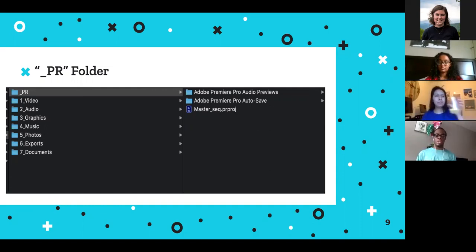And it's also a good practice just to save it yourself pretty regularly, just in case anything happens. So if your Premiere crashes and you haven't saved in a while, the shortcut for saving is Command S or Control S in Premiere. And if you haven't done Command S or Control S or File Save, and your Premiere crashes, you can go